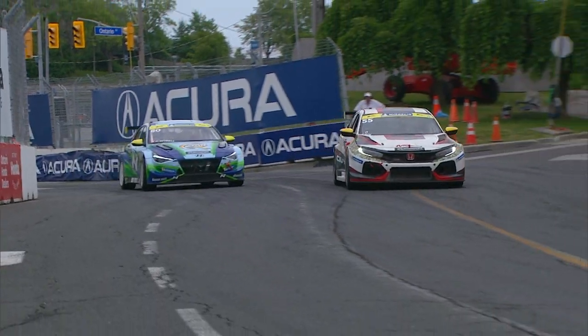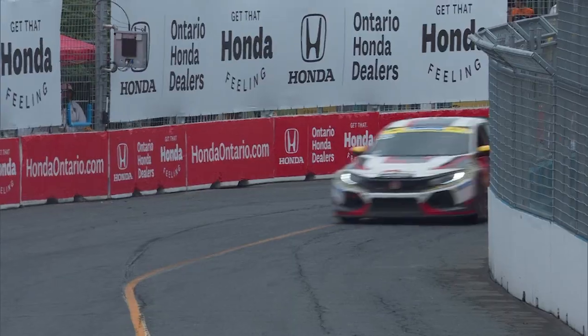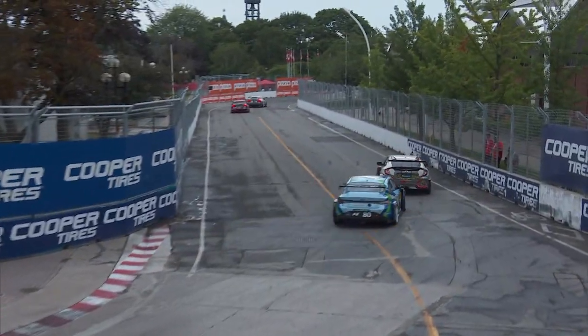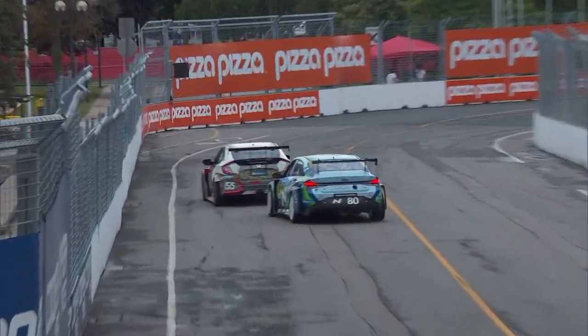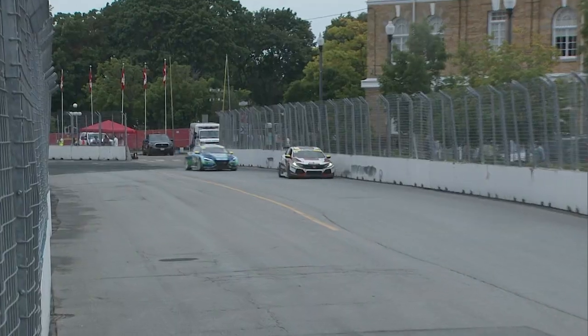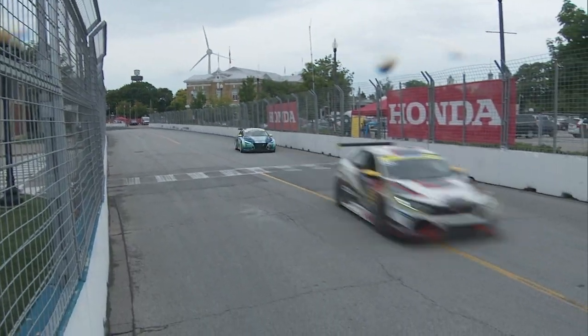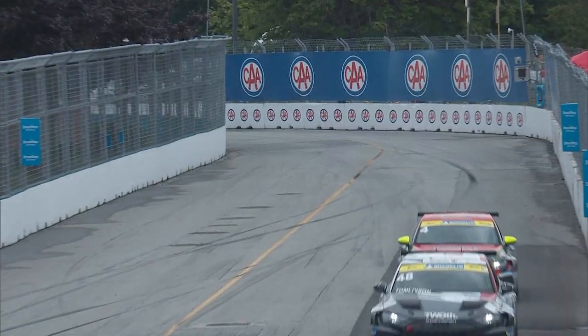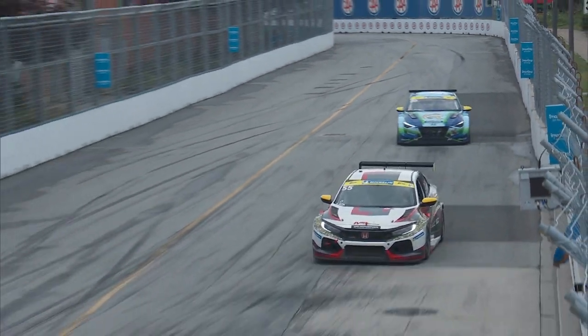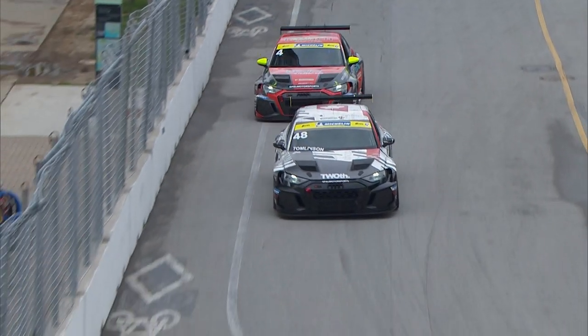Look a little bit deeper in the field. That is another one of the Kwok entries, a 55 of Tom Kwok in a battle there with the Hyundai Elantra N TCR, the number 80 of Connor Atrell, and Connor looks a little bit quicker at this point, but he has to be patient. You have to really pick your spots to get around and make a pass here at the Honda Indy Toronto, just because it's so tight. Being fast is one thing, catching the car is one part of it, but completing that pass is another,